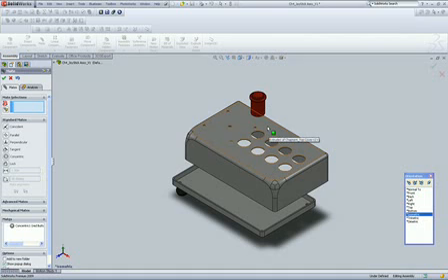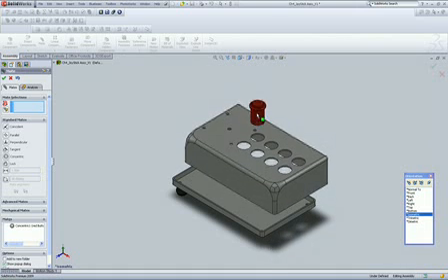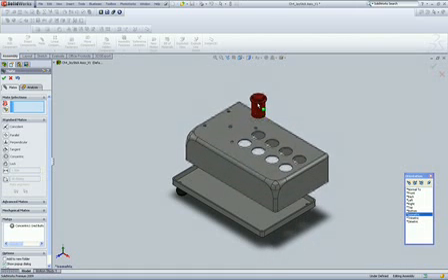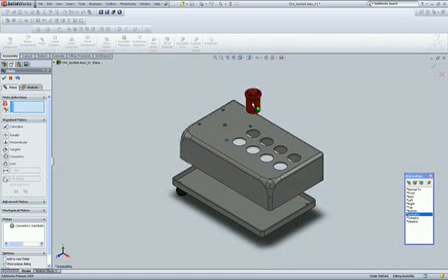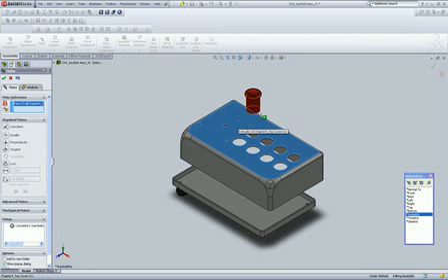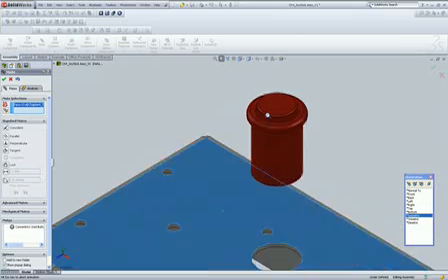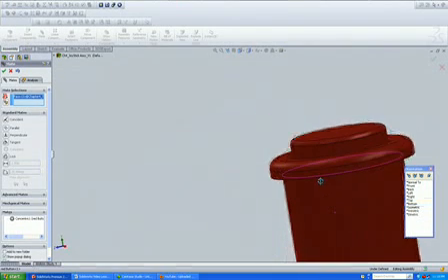So now we're going to give it a second mate. So this guy is locked in this direction. There's not a whole lot of mates, so that cover is going to come with me. But notice that this push button is now related concentrically to this circle. So let's select a face, and let's move in and rotate a little bit,